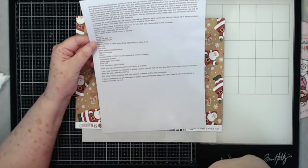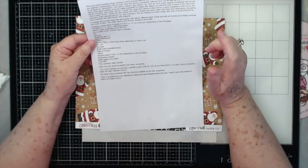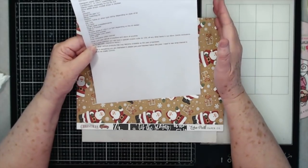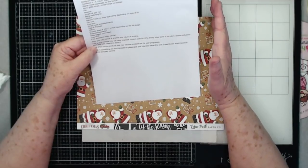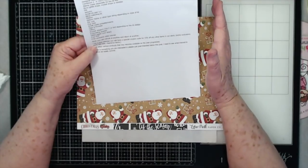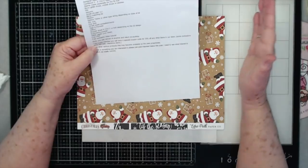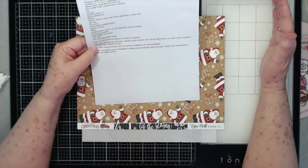And what I need to know, then also, let me say another thing. You can cancel at any time, of course, and then you can rejoin at any time. The payments for the kits would have to come out the same time every month. So if we started on the 2nd of January, you pay in advance for the month. So on the 2nd of January, your payment would come out of your account, and it would pay for February's kits. And then on February the 2nd, it would come out and pay for March kits, and on like